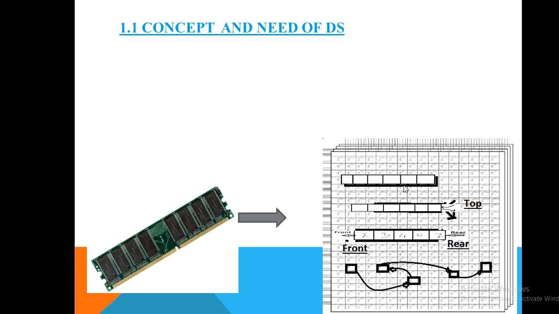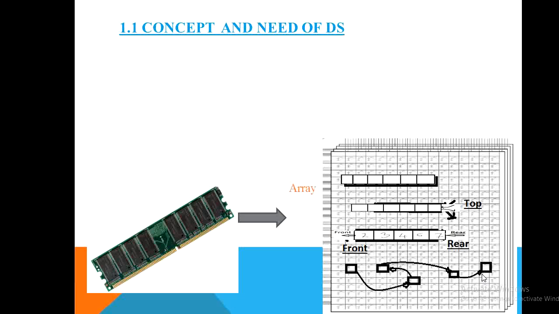Now we have learned the first three ways of storing the data, and the fourth one is below. Here the data are not in contiguous memory locations. Data are stored somewhere in the memory, and these data are connected by links. In this way we can store the data in memory. Four formats we have learned to store and organize the data.